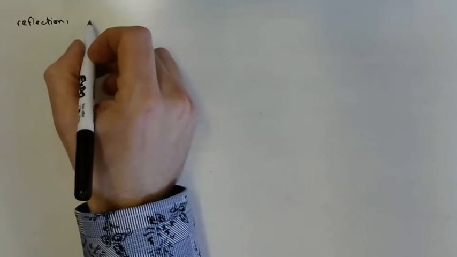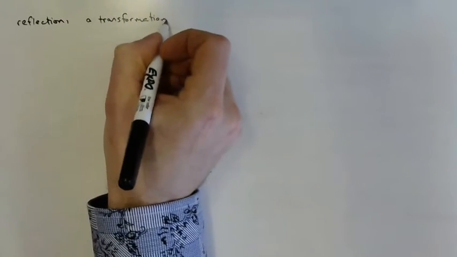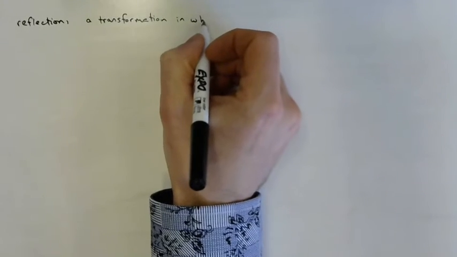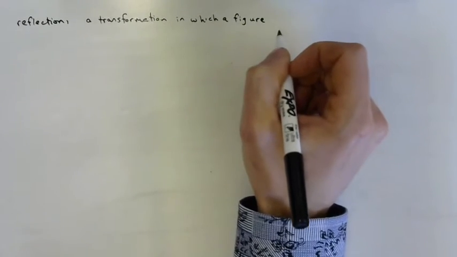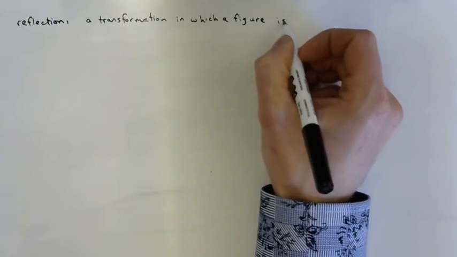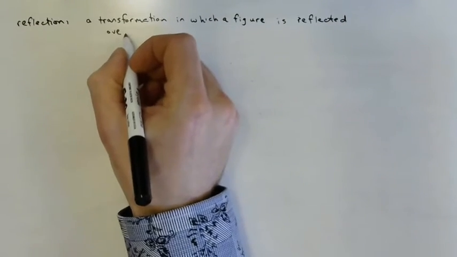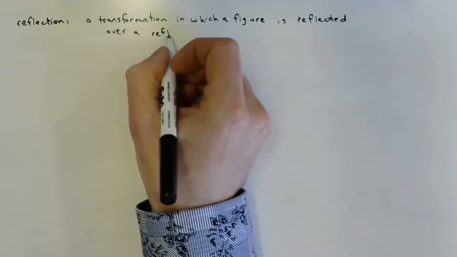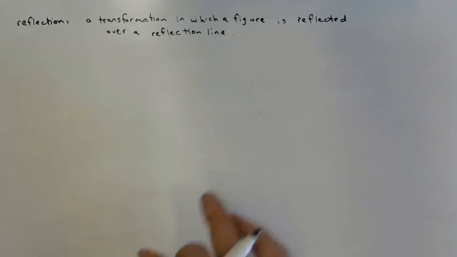What is a reflection? A reflection is a transformation in which a figure, that could be a shape or a curve or a line or a funny looking graph, whatever it is, is reflected over a reflection line. So if you pick a line and you reflect something over it,